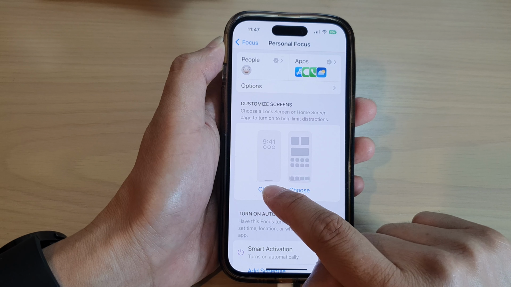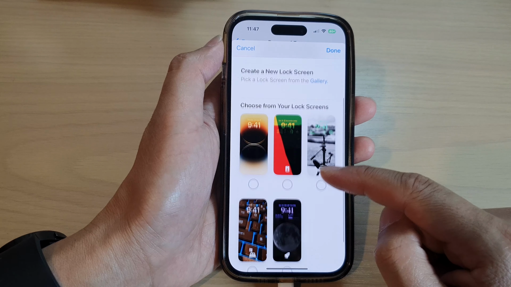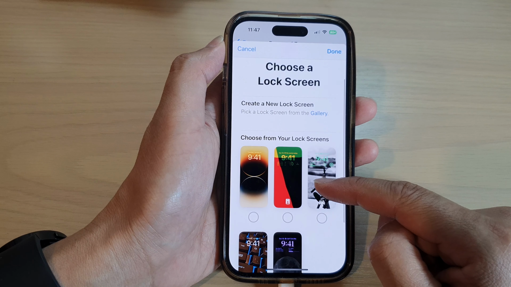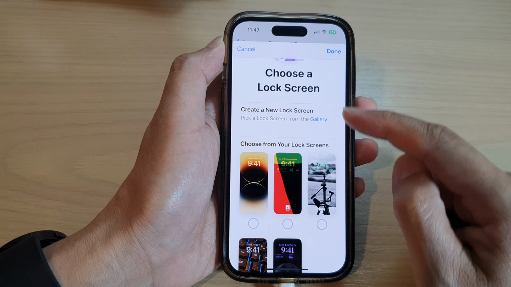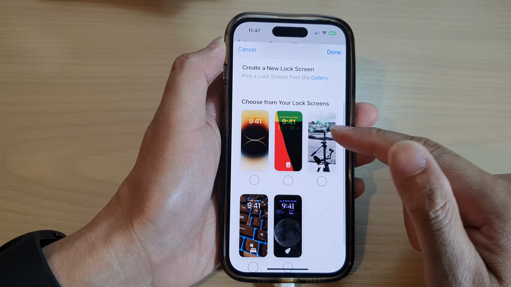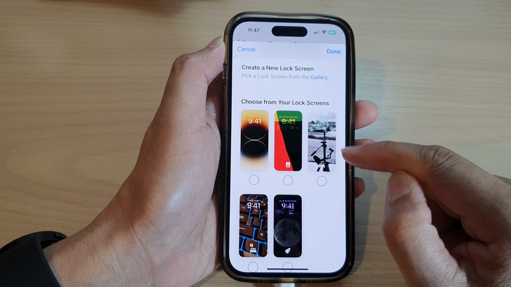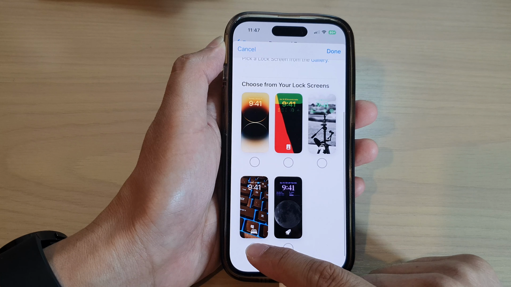In here you can choose the lock screen and the home screen. So if you tap on the Choose button, in here choose which lock screen that you want to use. If you want to add in more screens, you can go to the gallery and add in more lock screens. At the moment I do not have a lot of lock screens set up, so I only have a few. In here I'm going to select this one right here,